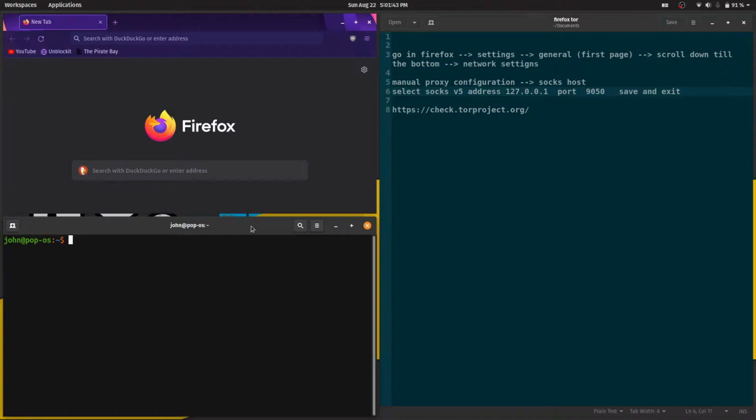Hi guys, in this YouTube video I will show you how to access the Tor browser even if the Tor browser package isn't available for your distribution. Some operating systems like FreeBSD and older 32-bit Linux have the Tor package in their repositories, but they don't have the Tor browser package. So let's install Tor and torsocks.